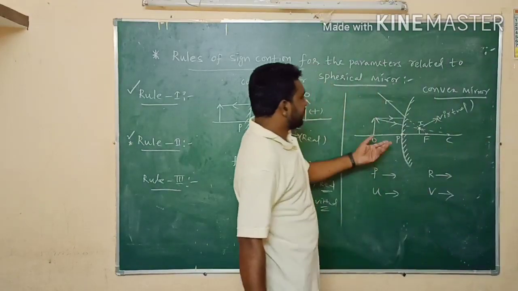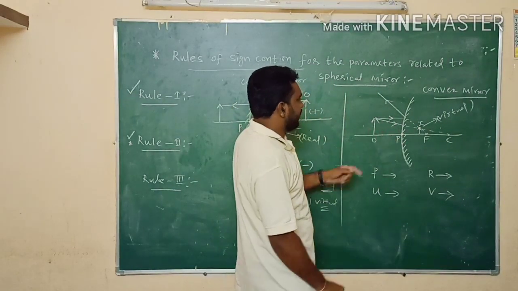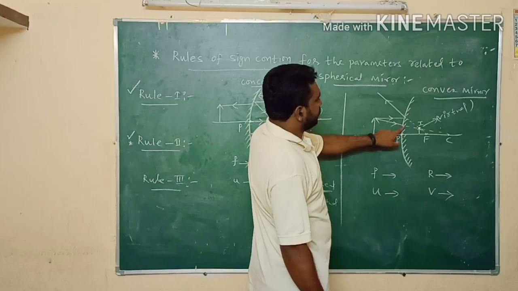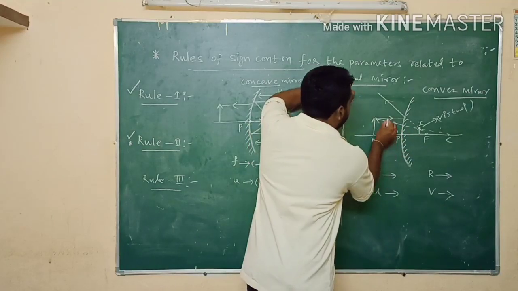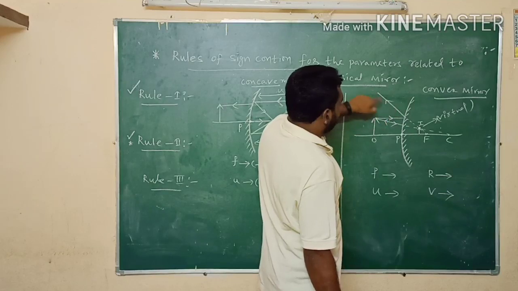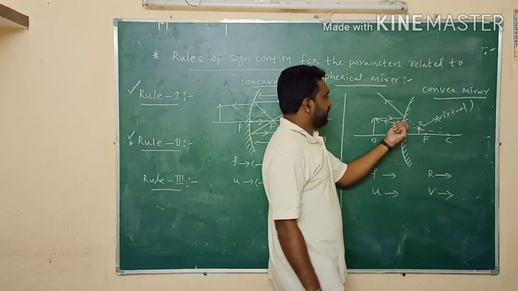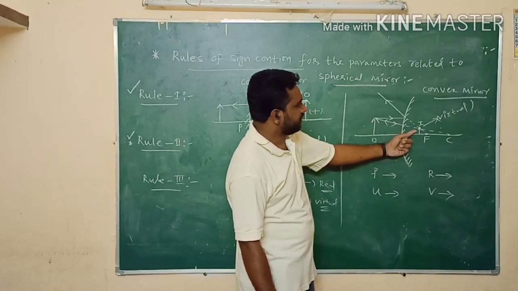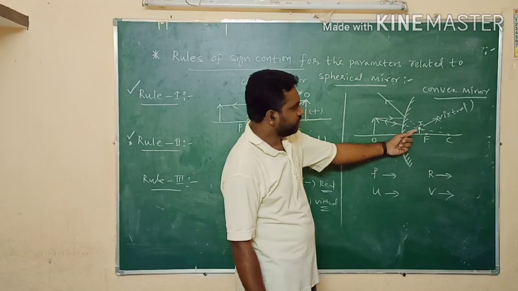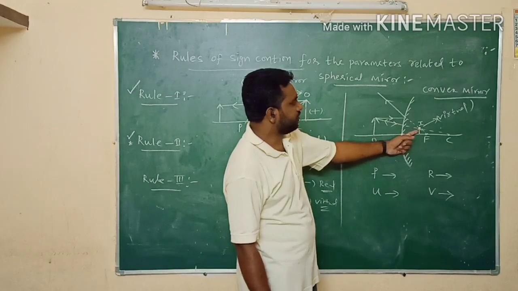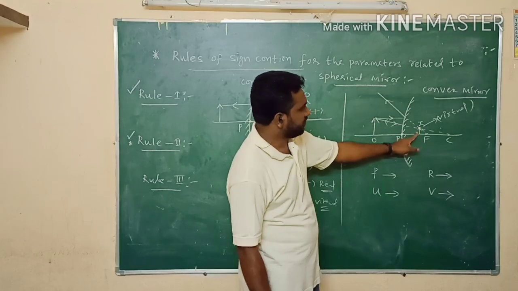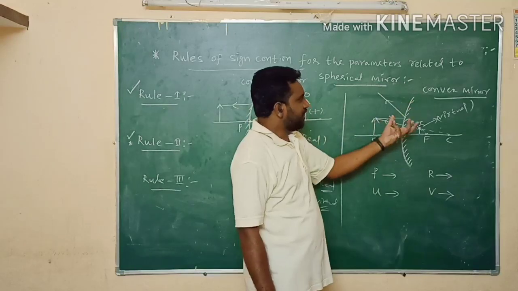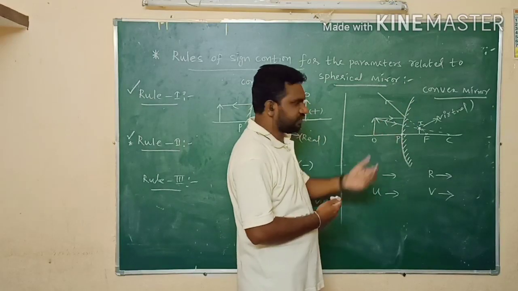Right. So in case of convex mirror, this is a simple example diagram. This is the object and it is a diverging mirror. These two rays are incident on it here. So after reflection, it returns back in the same direction, and it also passes through focus. And if they are not going to converge here, what we need to do in this case is extend the light rays. If we extend the light rays, they appear to meet at a particular point. So this converging point is nothing but image position. This is nothing but virtual image. Okay? A convex mirror always forms virtual image. There is no doubt. Why? Because it is a diverging mirror.